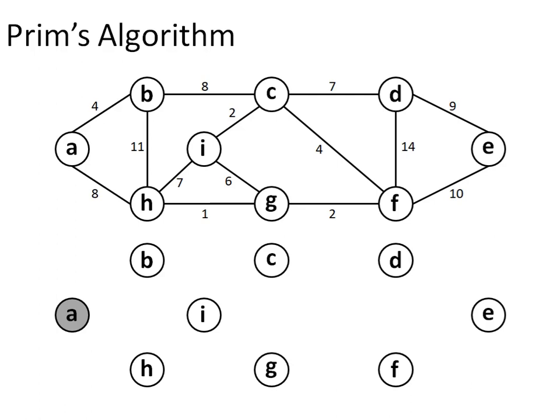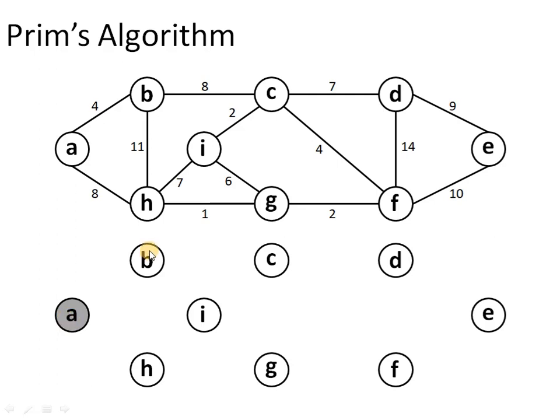So we will maintain a set which will give us the edges of the minimum spanning tree at the end, and also a set of isolated vertices, that means vertices which are yet to be added to the minimum spanning tree. The set of those vertices will be maintained with the help of a priority queue, where priority is decided based on the lowest weight value of an edge via which they can become a part of the tree at that particular moment of time. So let's say for this graph, we started with a vertex A, which is right now a part of the minimum spanning tree, and all the rest of the vertices are isolated vertices.